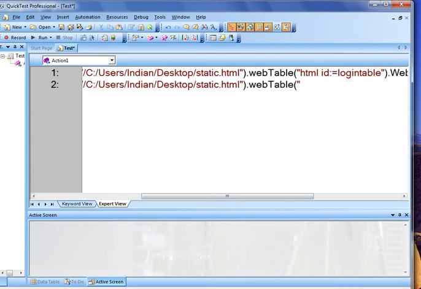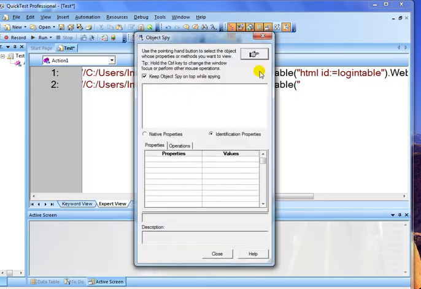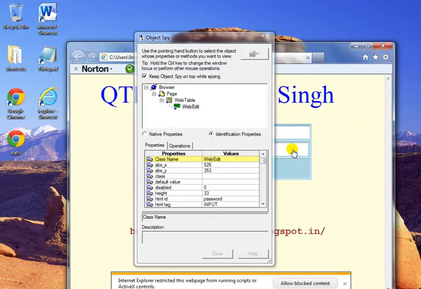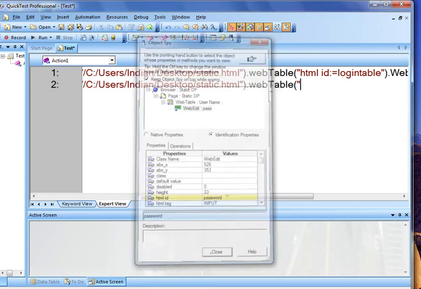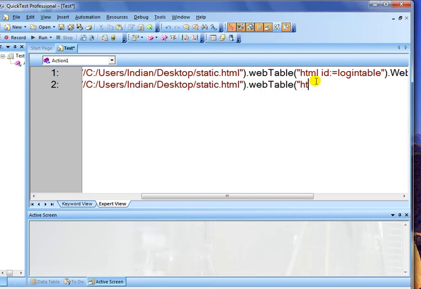Okay, now open the application, click on Object Spy and see the property values of the password edit box. Okay, I want to use the HTML ID of this password edit box, so copy the value of this property. The property is HTML ID. I am using the ID property, but you can use any property of this edit box.